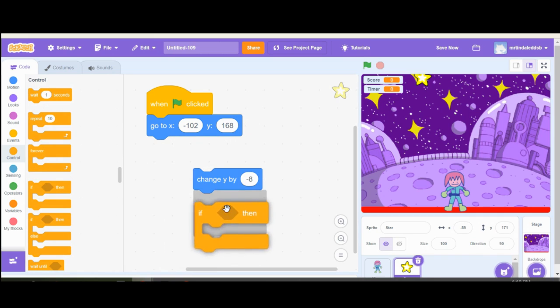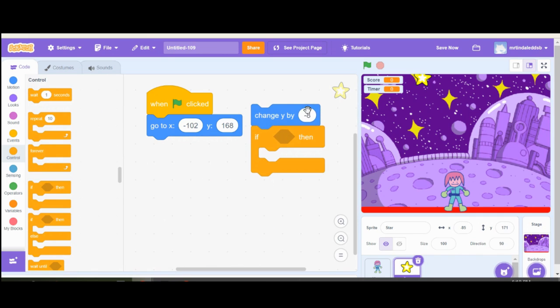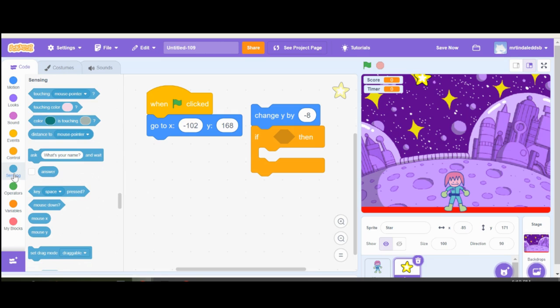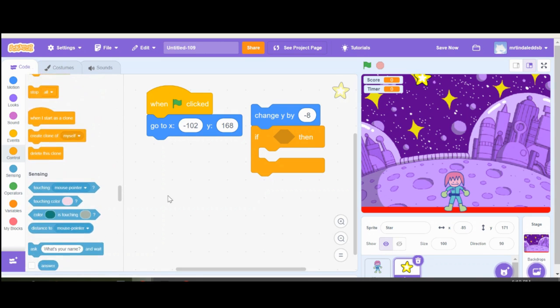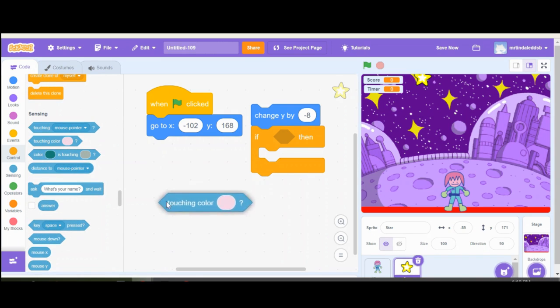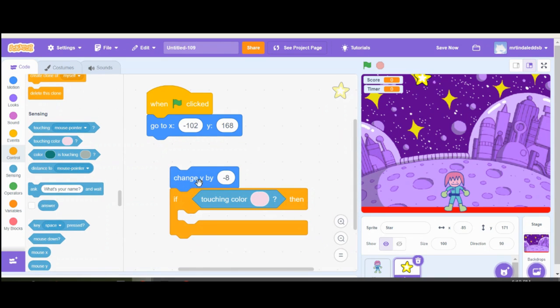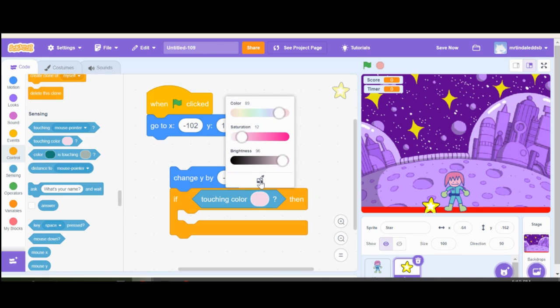Okay? This is important. So change -8, and then we're going to write a new code. Now watch this. This is called a sensing block. Touching, right here, see that? And we're going to stick this right here. Boop. So what I just did is that if the star is touching this red, we need to get the red. So we're going to grab this little eyedropper